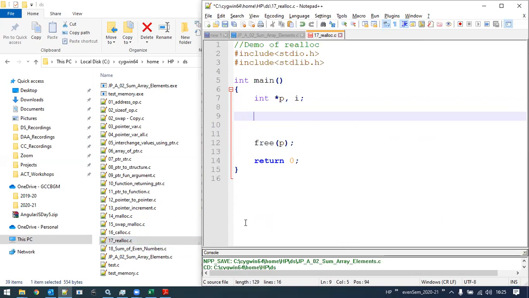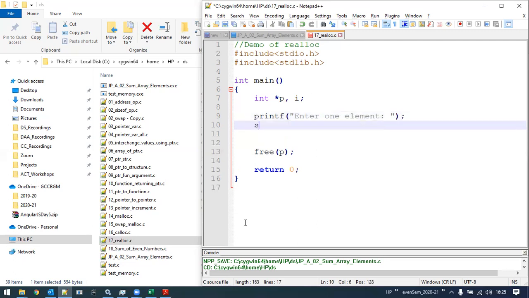Next, I will allocate only one element for the first time. So I will write one statement, printf, enter one element. Okay, pay attention, students.